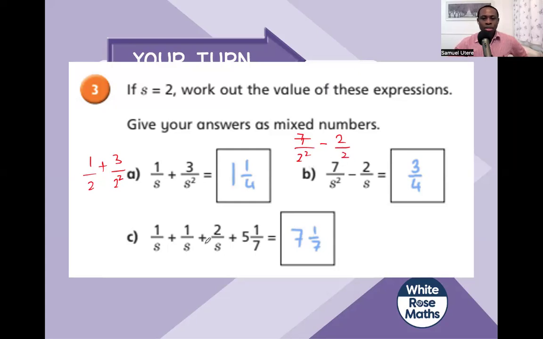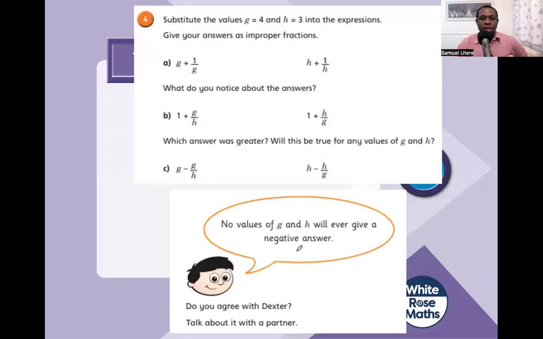And then this one is like saying half plus a half, which is 1, plus 1, which is 2, because 2 over 2 is 1, plus 5, that will be 7, and that will be 7 1 over 7. So really straightforward calculations. Here, question 4, you were asked, substitute the values g equals 4 and h equals 3